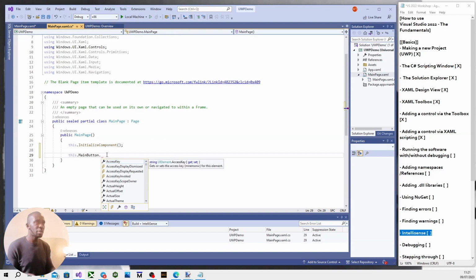IntelliSense is almost like an AI assistant, though it's not even AI per se. It's an index of all the members pertaining to the objects that you are coding. So anything I can do with this main button, IntelliSense is going to flag the pertaining members. So what we want to do is modify the text value, or rather the content value, which is a property, equals, and I'm going to say hello world